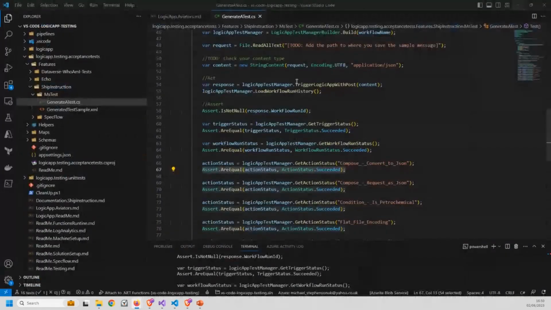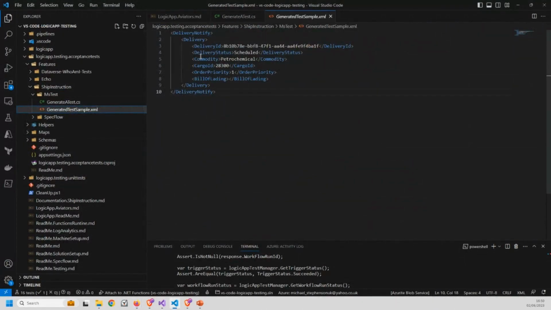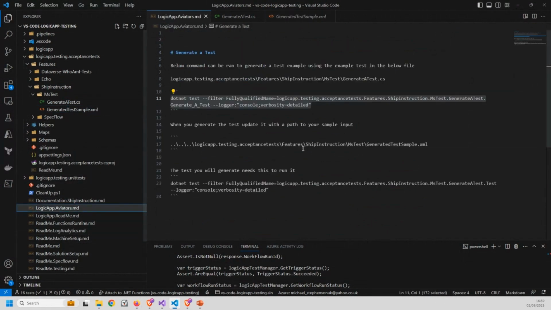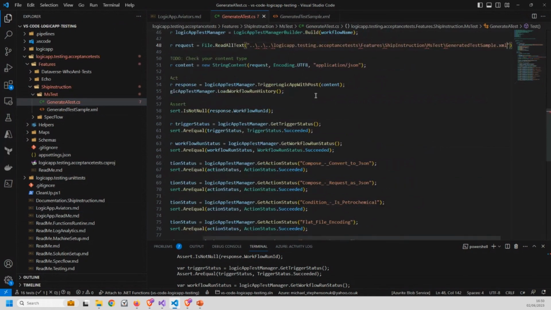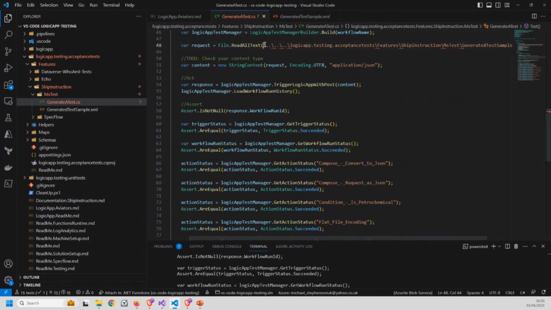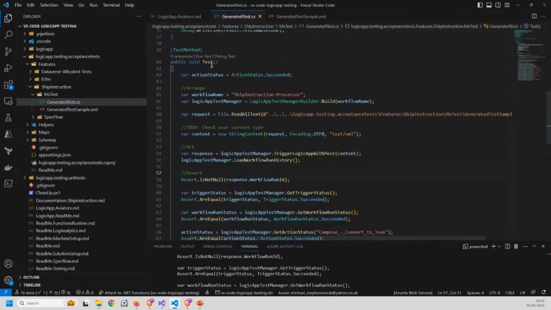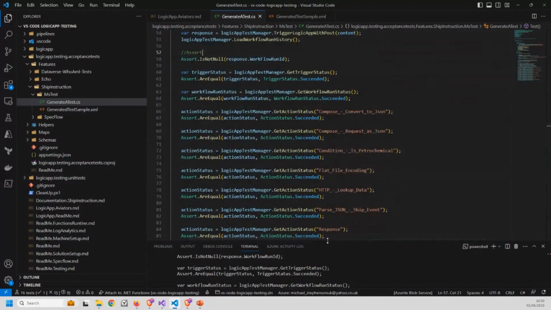Now, over in my VS Code, I've just put this sample message here, which is taken from that logic app. And then I'm just going to update the test. So here I'm just going to say this is the file I want you to read for the test input. Just put an ampersand at the start there. And then I think we need to change the type to text XML. So now we've got a test that we should be able to just run that would test that